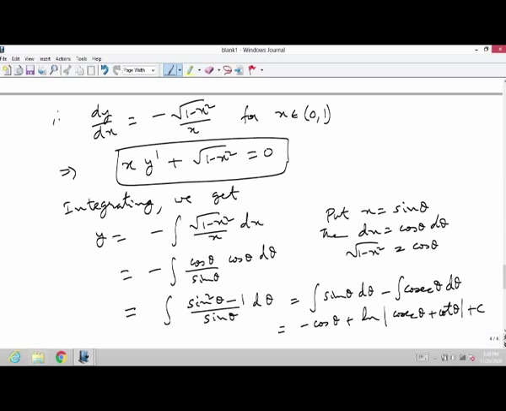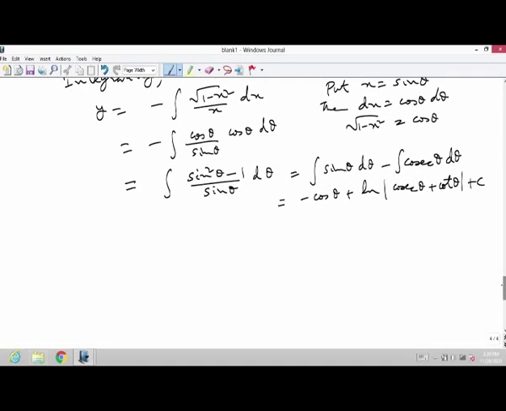So, now if we put sin theta is equal to x, cos theta is square root of 1 minus x square, this implies y is equal to minus square root of (1 minus x square) plus log of (1 plus square root of 1 minus x square) by x plus c. We do not need to put the modulus sign because x is positive, and